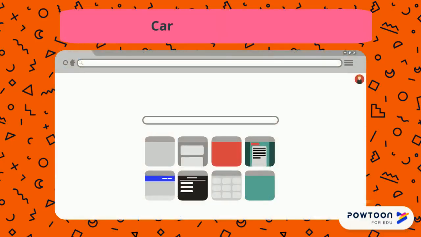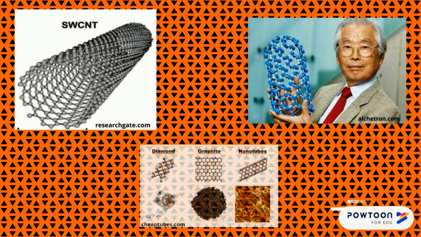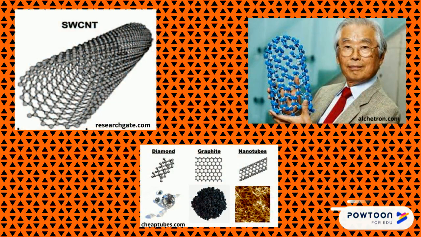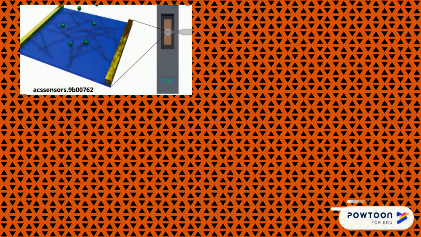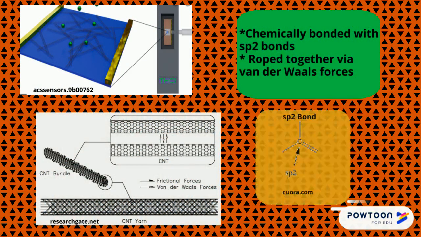We will now talk about one of the major components of the instrument, which is in charge of detecting the THC from human breath. First discovered in 1991 by Sumio Iijima, single-wall carbon nanotubes are the key to the detection of THC. Carbon nanotubes are cylindrical molecules that consist of rolled-up sheets of single-layered carbon atoms with a diameter of less than 1 nanometer. Like their building block graphene, CNTs are chemically bonded with sp2 bonds, an extremely strong form